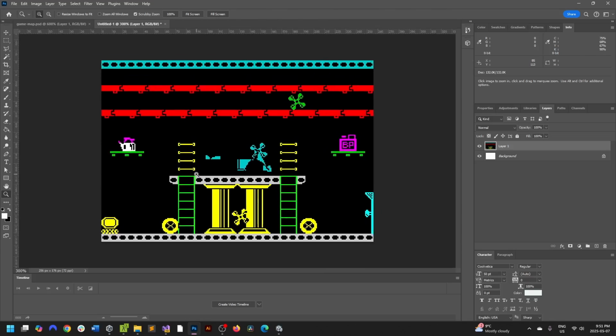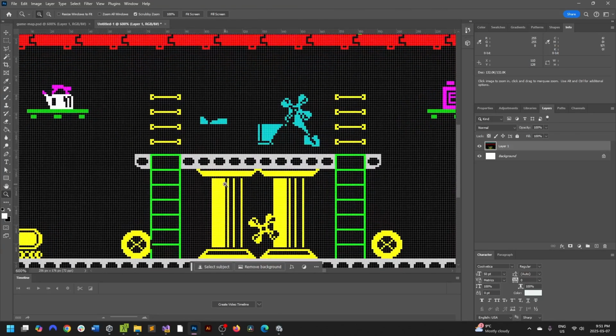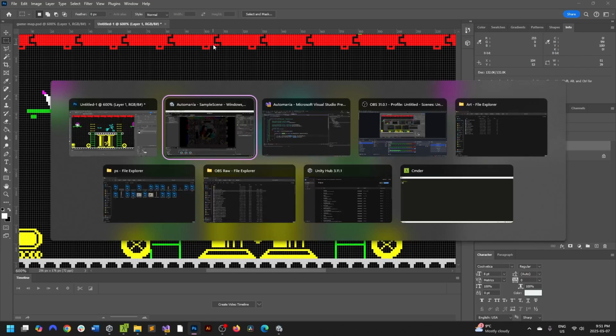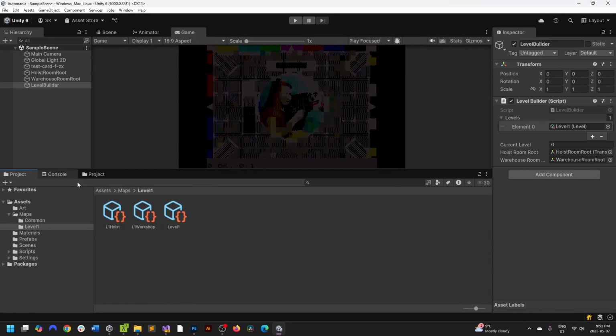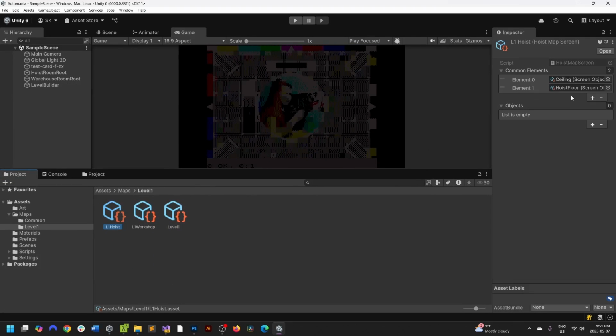But other than that, the hoists are at, and if I use this handy dandy tool here, it tells me that the start is 96,120. So if I go back here and I go to our hoist room there, I can add another one,